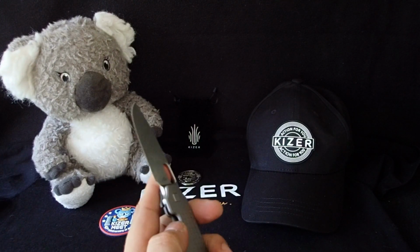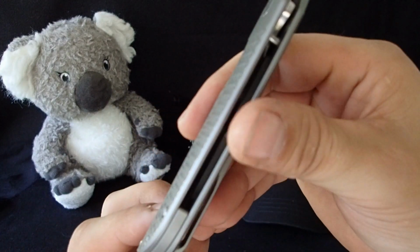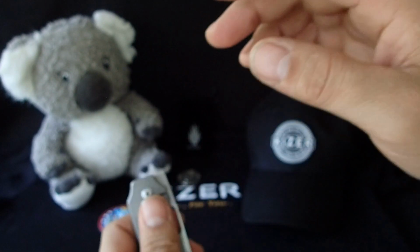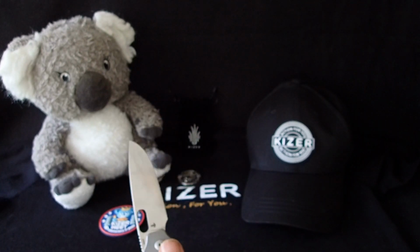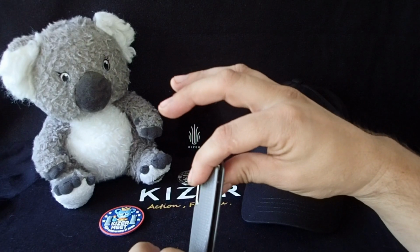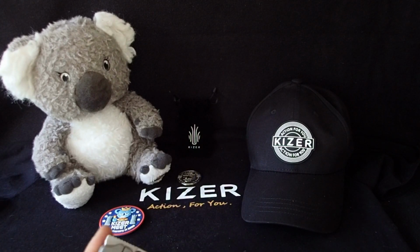You got the thumb hole, and it's also a front flipper that works really, really well. The other thing that I love about it is it's thin, but the scales are not flat. They are contoured ever so slightly. It's a little hard to see, but they are, and it feels fantastic. It really feels good in hand. So if you're somebody who just cannot stand flat scales, but would love your knife handle to be thinner, but not flat scales, they nailed it. It's just ever so slightly contoured, and you feel it, and it feels great. So if that's gonna be something that makes you super happy like it does me, yeah,